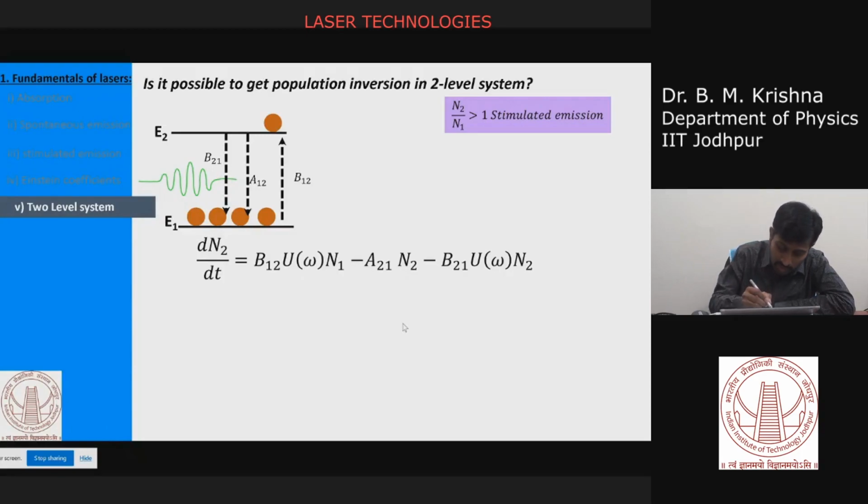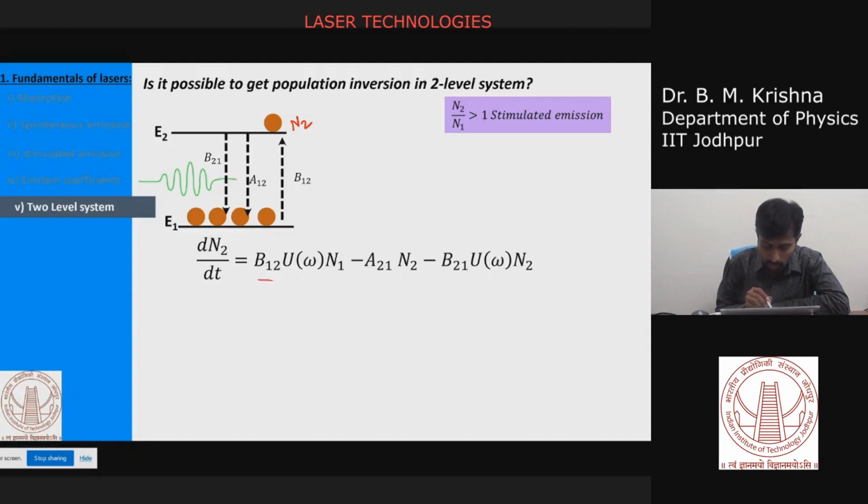Okay, it contains N2 particles, or excited atoms, so that you are going to measure. So dN2 by dt is the rate of change of the number of atoms in the state E2. That means how it changes as many atoms are absorbed. That means your population will change in the E2 state. So that is the first one. Due to the absorption, the E2 population is changing. That you are accounting here.